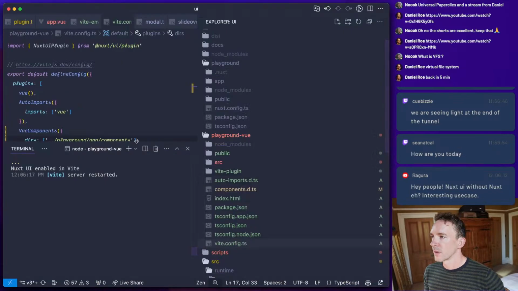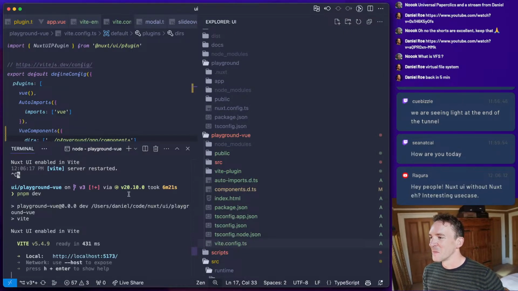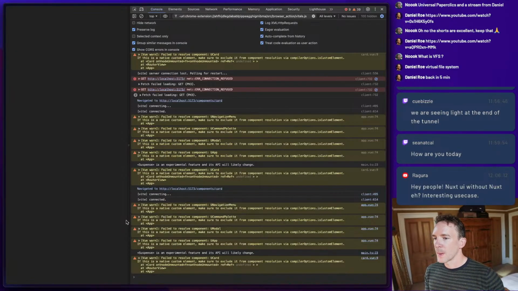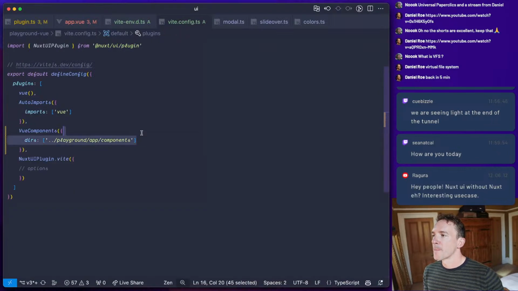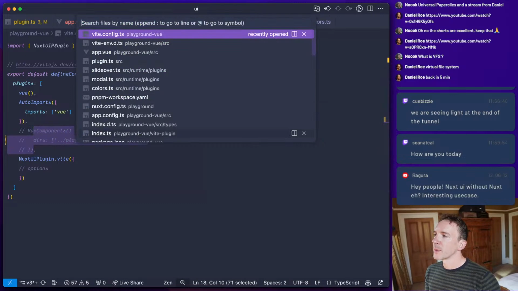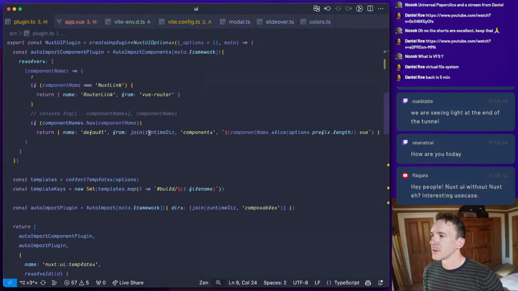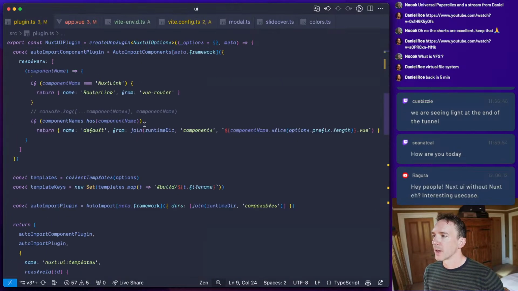Yeah, this has broken everything again. Let's see. Is it going to complain? No, it knows it exists, but evidently it's not okay. Like we can't have more than one. It seems like we can't have more than one components plugin.